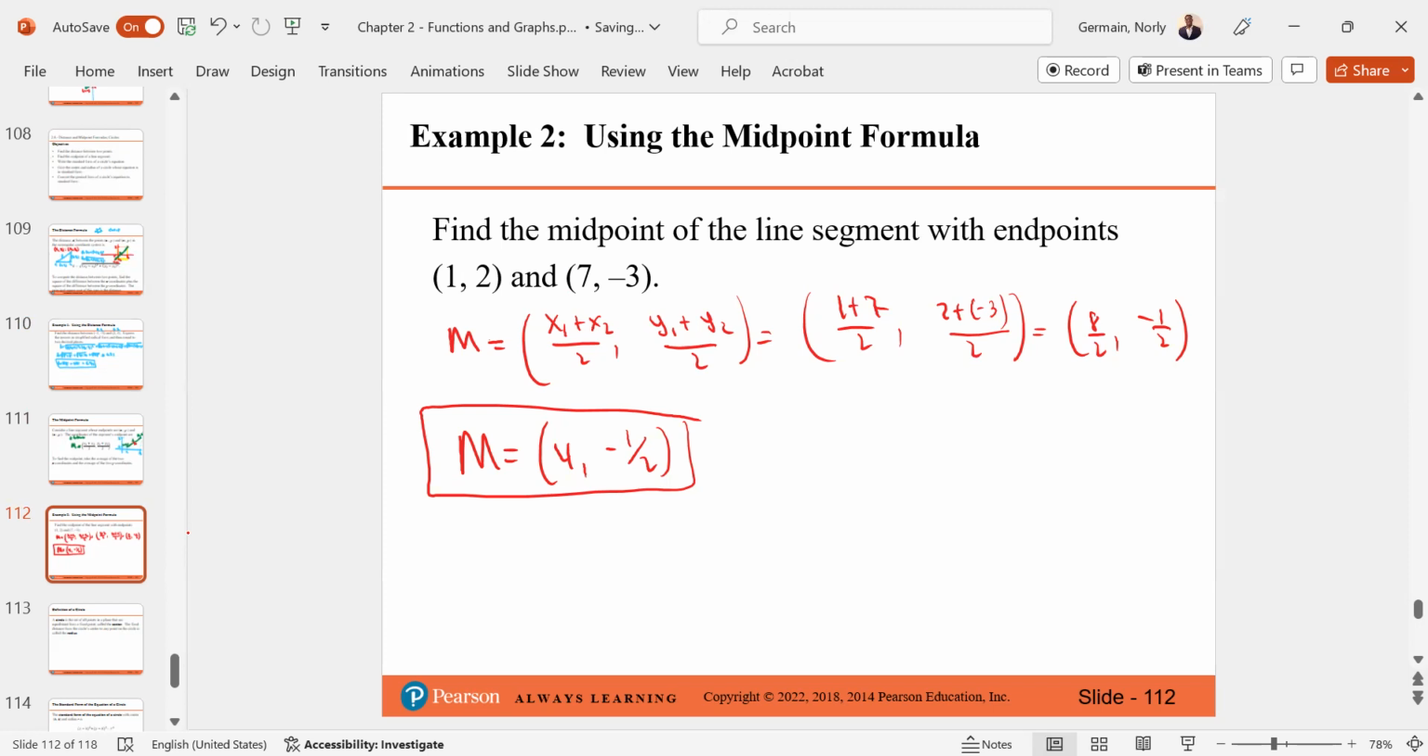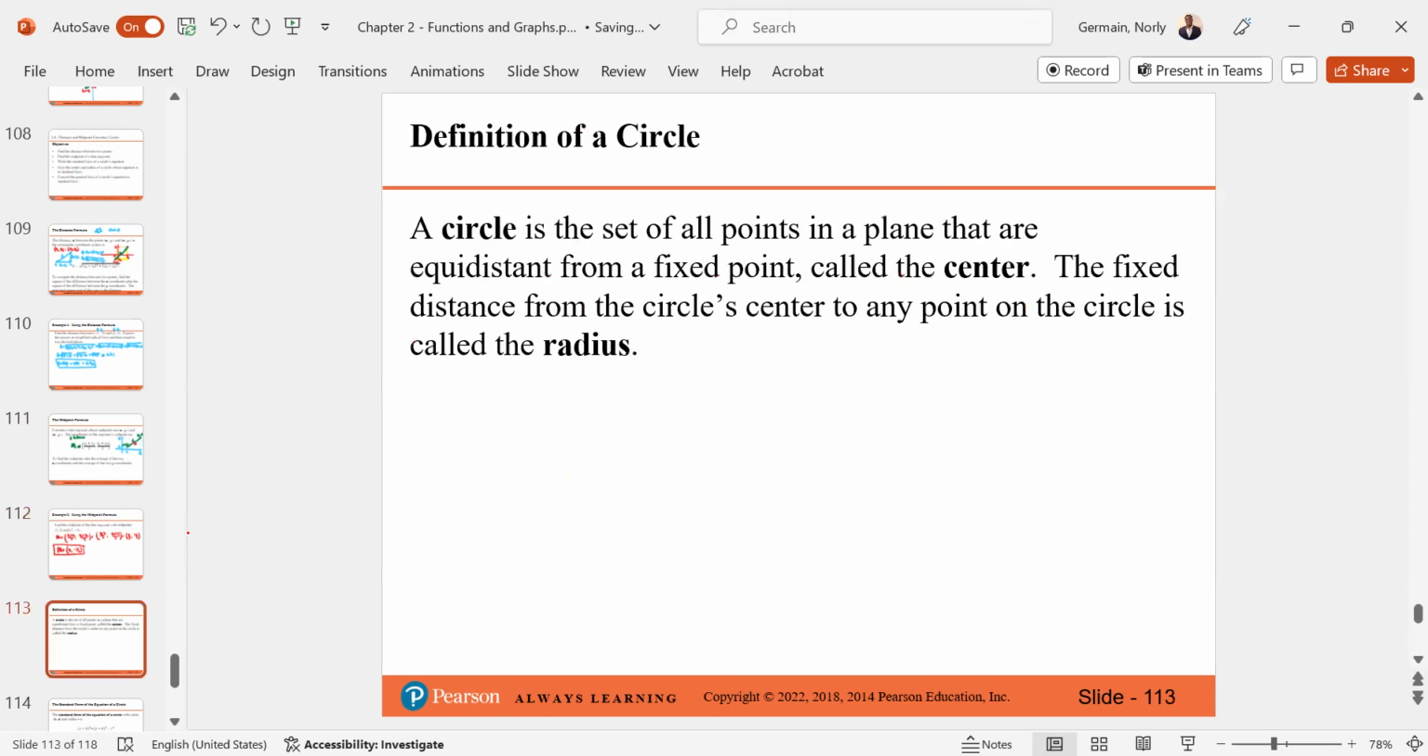Like you have two coordinates, with a comma between these two points. The circle, our goal is really to translate this geometric definition into an equation. So we begin with these definitions. A circle is the set of all points in a plane that are equidistant from a fixed point